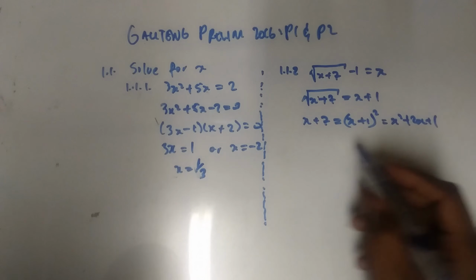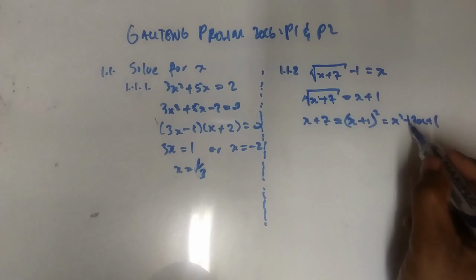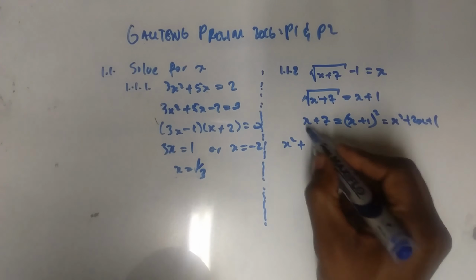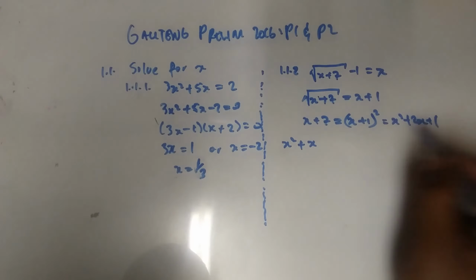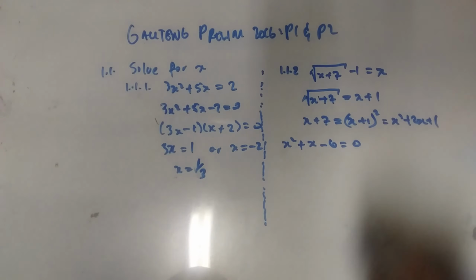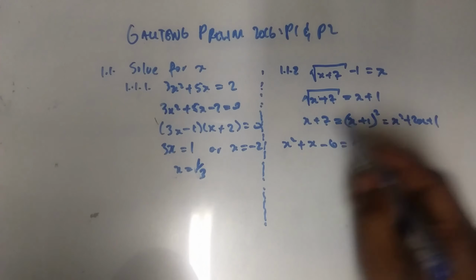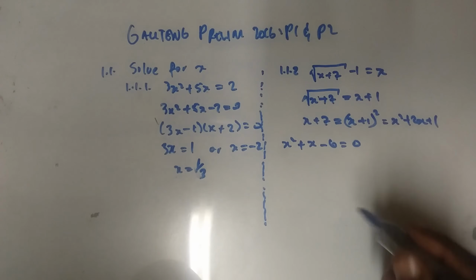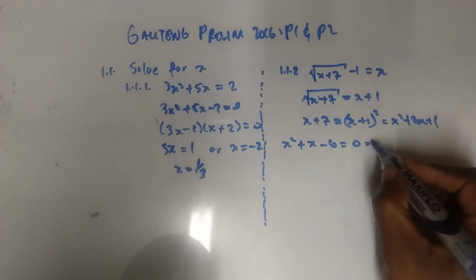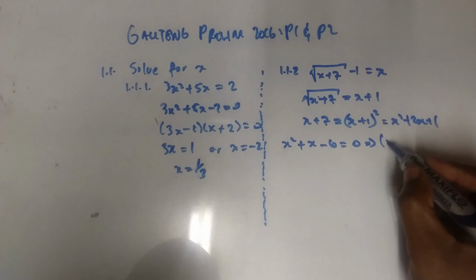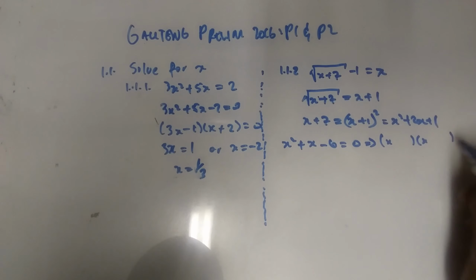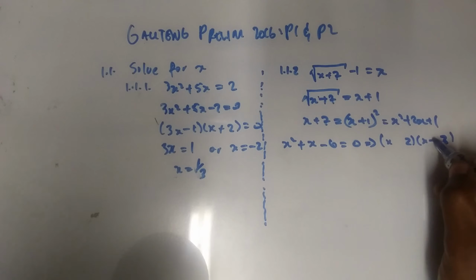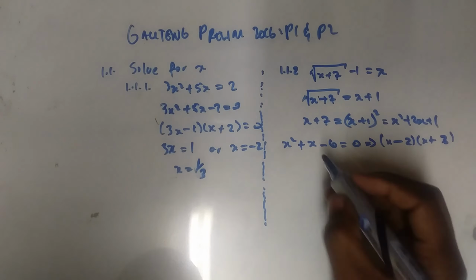Okay, and then we are going to transpose these terms to the other side. So I'll have x squared, and then I'll have 2x minus x, which is just x, and 1 minus 7, which is minus 6. This is equal to 0. Actually, this should be on the other side. It's just my preference, because one side should always be equal to 0. Okay, so let us try and factorize this. When we factorize that, we see that it is x, then we have 3 and 2, and then the bigger number takes the sign of the middle term. Okay, therefore,